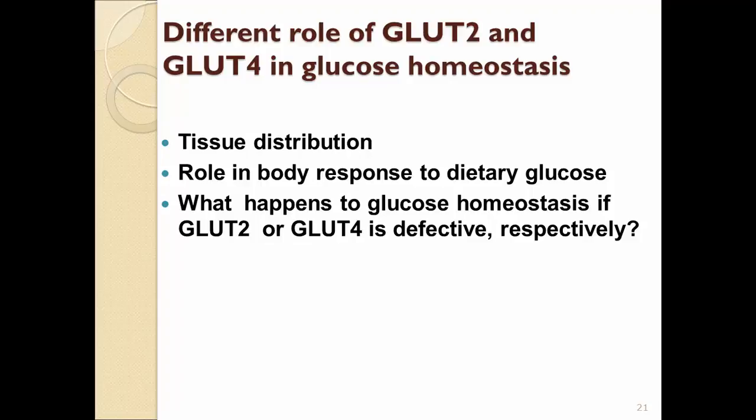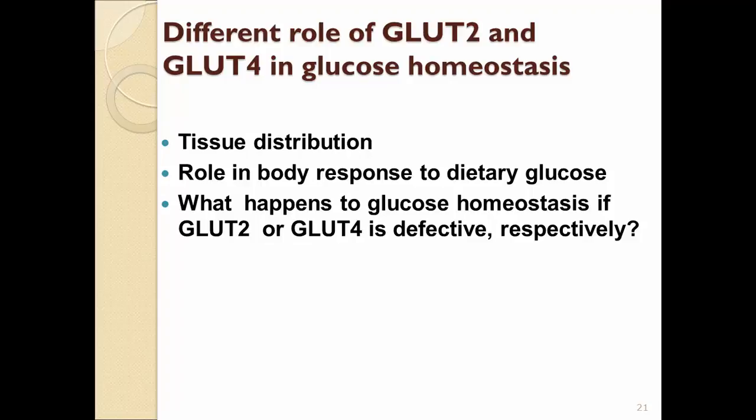Tissues, organs? Pancreas and the liver, right? So liver and pancreas highly express GLUT2. So you have high levels of GLUT2 in liver and pancreas. And what about GLUT4? We just talked about it, right? Skeletal muscle and adipose tissue. So the distribution is different. And the second question is the